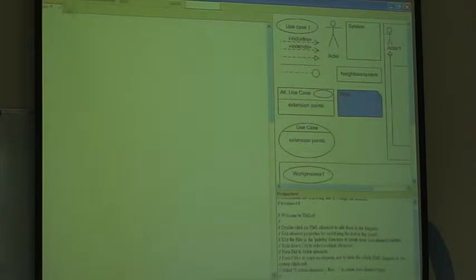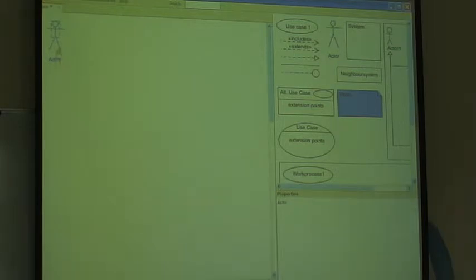Or you can have a new one. Say, okay, actor. An actor could be anything. A user could be you. For example, you try to manage the name list of the students in the university. So you have a use case. The user, that means it's a university. Probably it's the office of